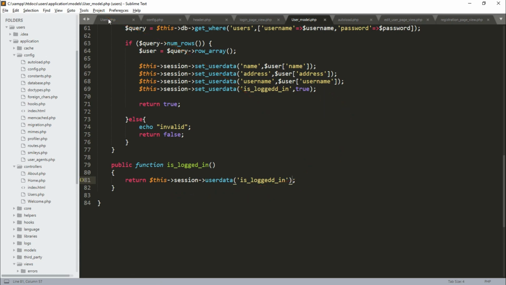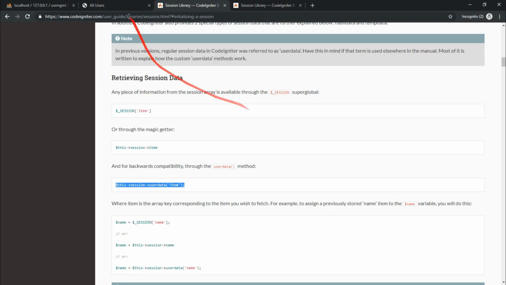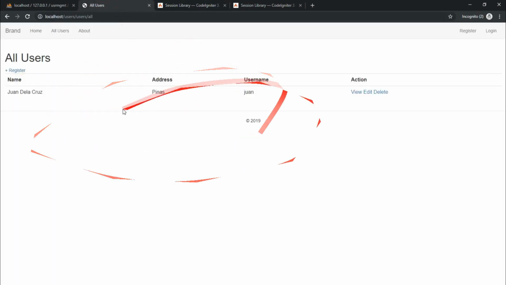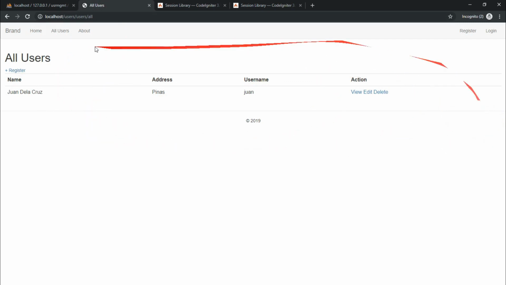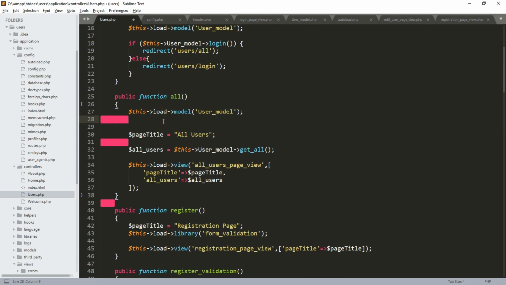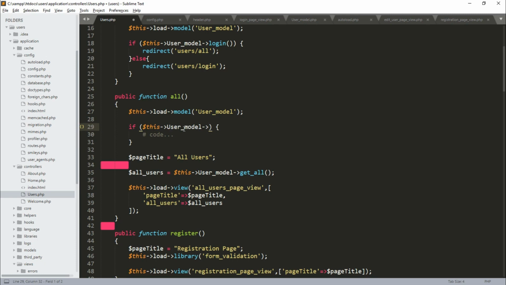Then let us go back to the pages that we want to restrict. For example, in this page, the all page, this is supposed to be secure and no one should be accessing this page if the user is not logged in. So to do that, we need to use the user model again and then create an if statement in here, and then let us call the